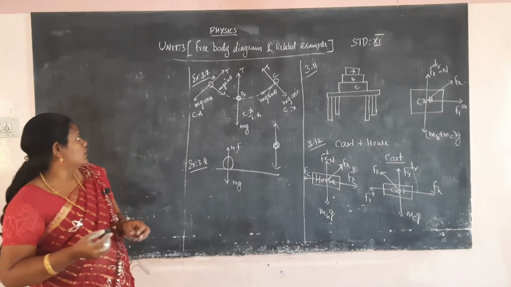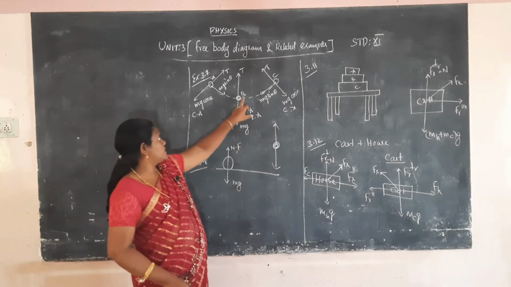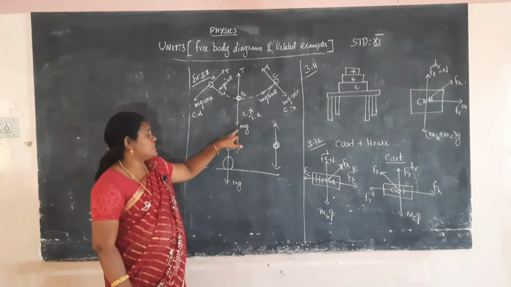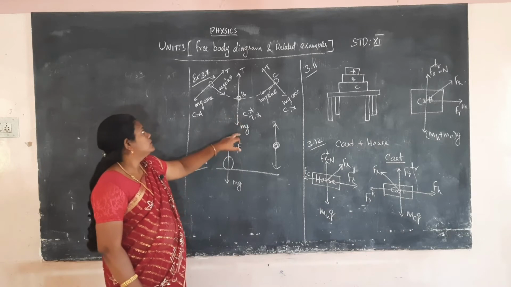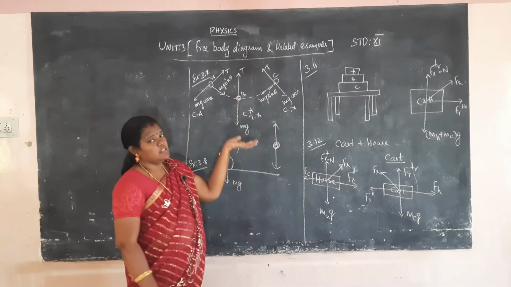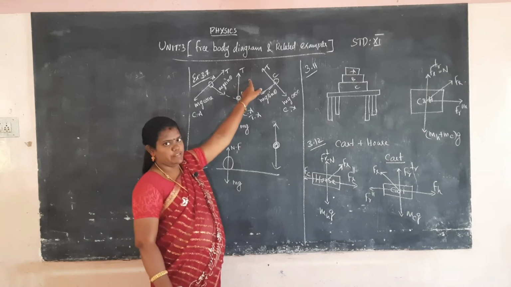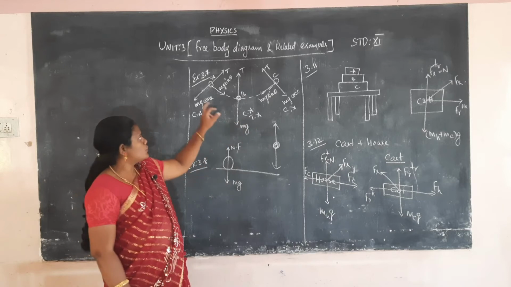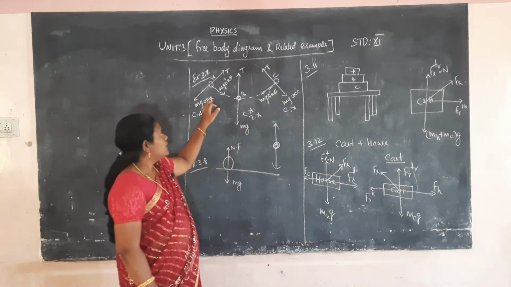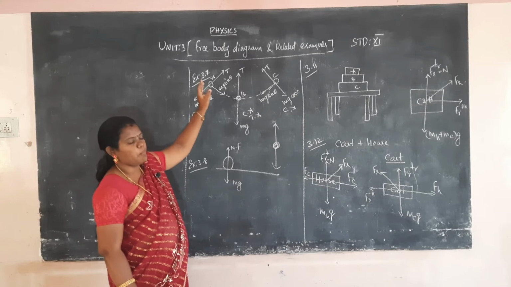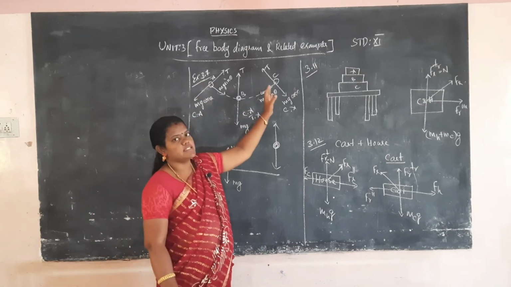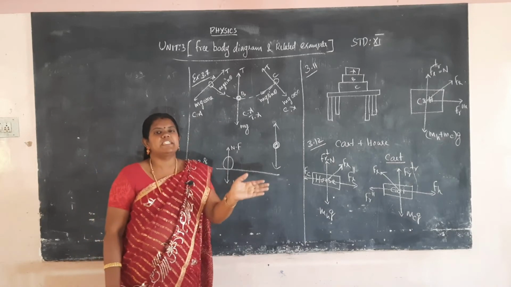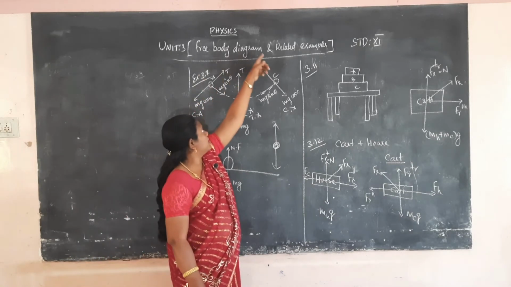We consider the bob as B. The downward force is m into g, the gravitational force, which is the weight of the bob. Then the bob gives the upward force to the thread, which is the tension. But the bob moves to and fro, so we consider the left side as point A and the right side as point C. Since it is moving, it creates centripetal acceleration, because definitely a circular motion is created.